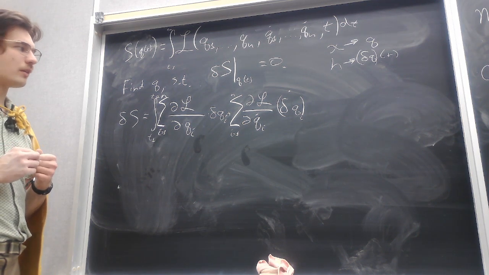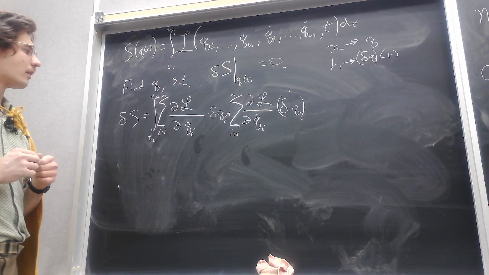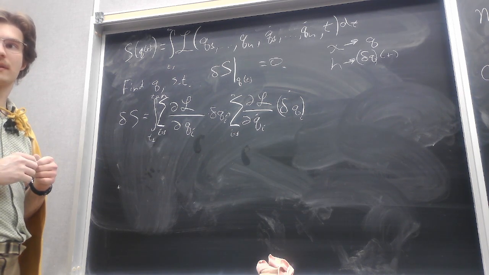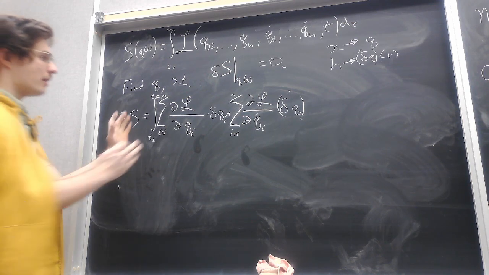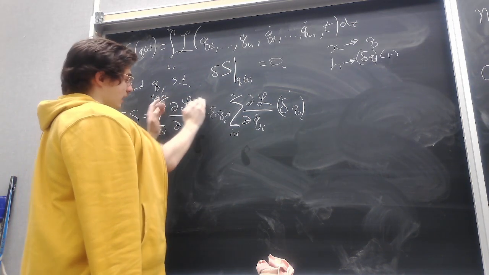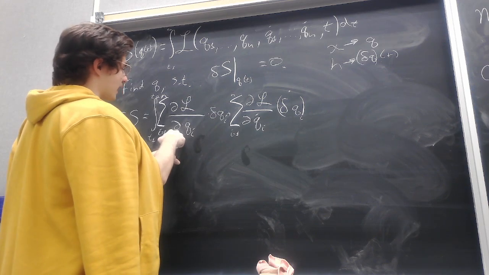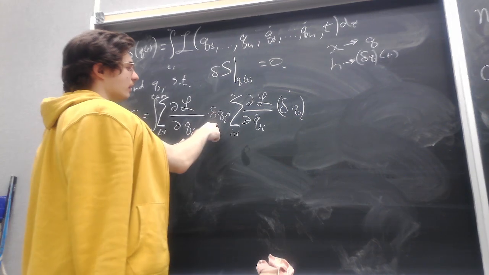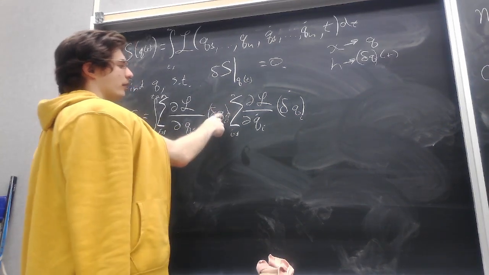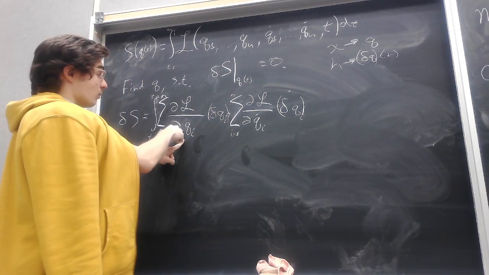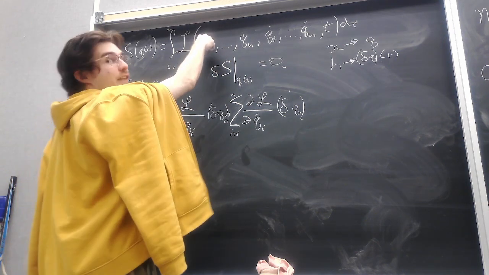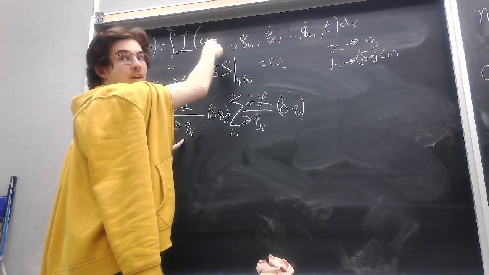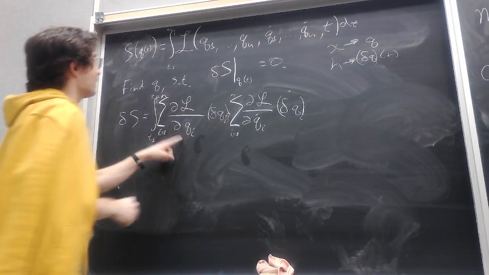Why don't the partial qi's cancel out? What do you mean? I have partial qi in the denominator and then I'm multiplying by delta qi. Okay, this is a derivative. This partial qi means that I'm taking the derivative with respect to this entry. Delta qi is not a partial. This is an arbitrary function that I added. When I write qi, I just mean this entry, and I take a derivative with respect to this entry or that entry, with respect to some direction. When I write delta qi, I'm saying I'm adding